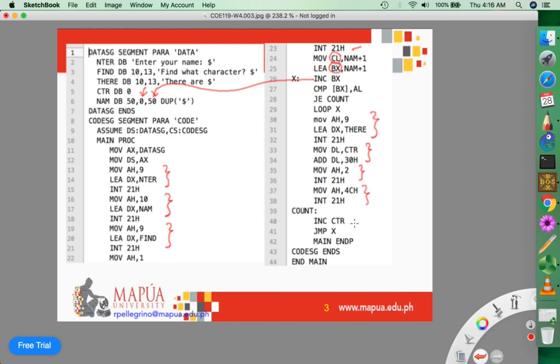Okay, so of course, for the count, it will increment the counter and jump back here to evaluate each of the, what do you call this? Each of the